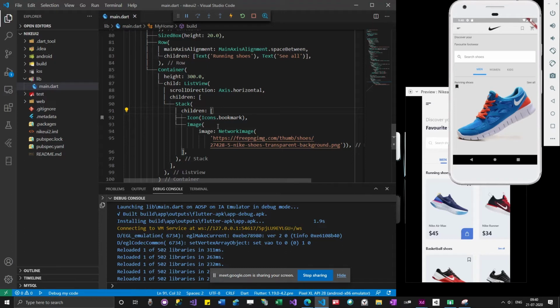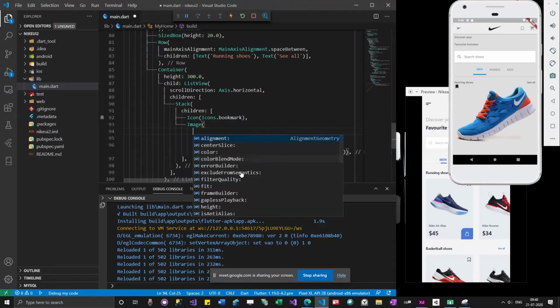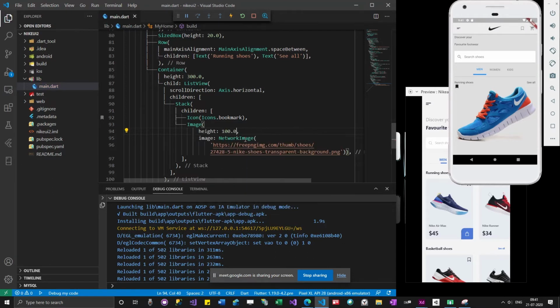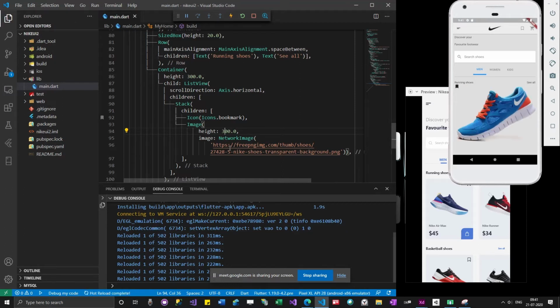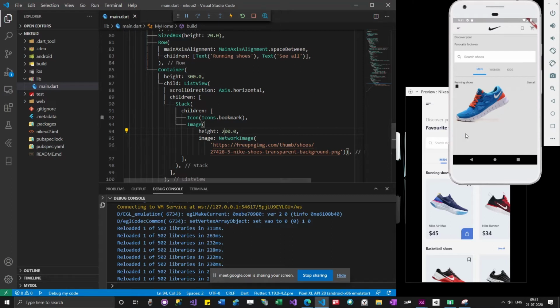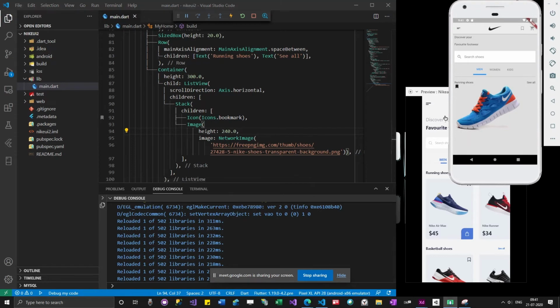Let's see how I could. Let me give some height. Okay, this looks much better. 240. Okay, let's keep it like this.